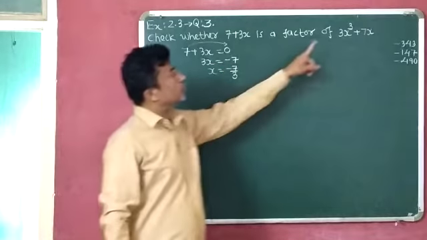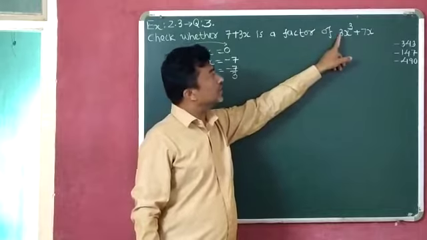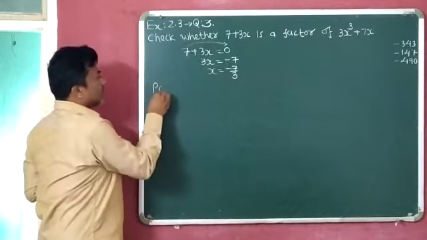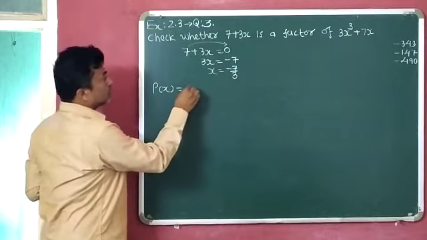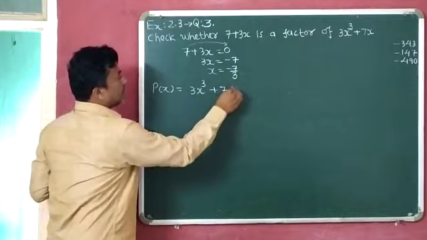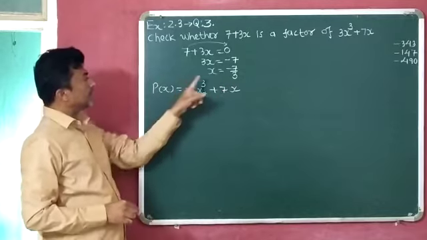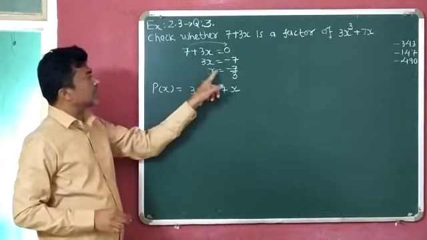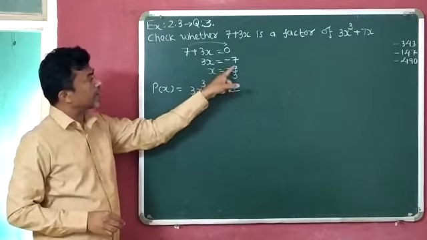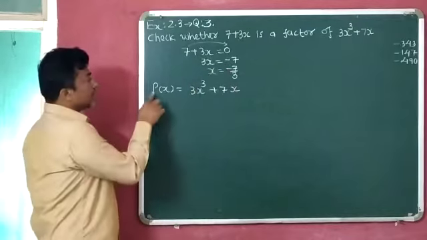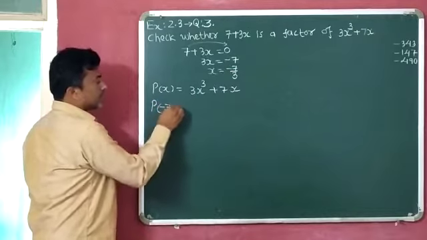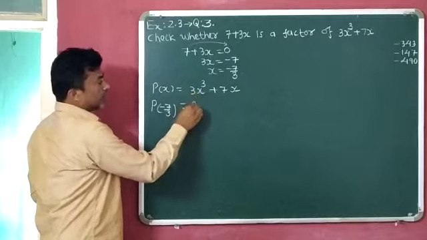Now we can write our polynomial as p(x). So see children, p(x) is equal to 3x raised to 3 plus 7x. Now we will evaluate p(x) at x is equal to minus 7 by 3. Means instead of x we can write minus 7 by 3. So p(x), we can write p(minus 7 by 3) is equal to 3 then